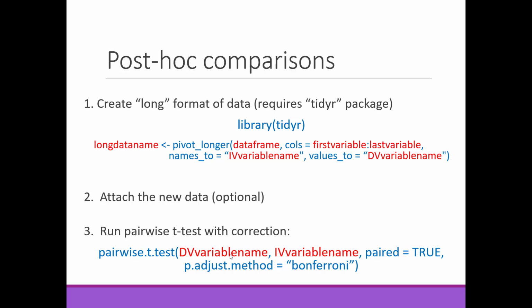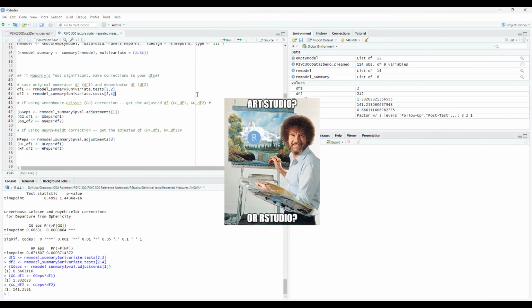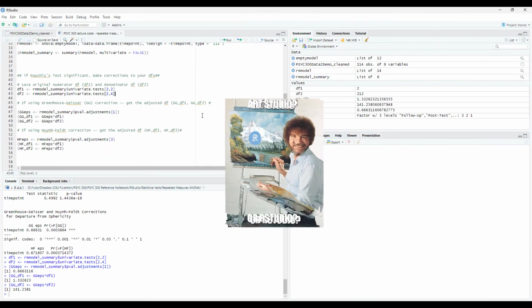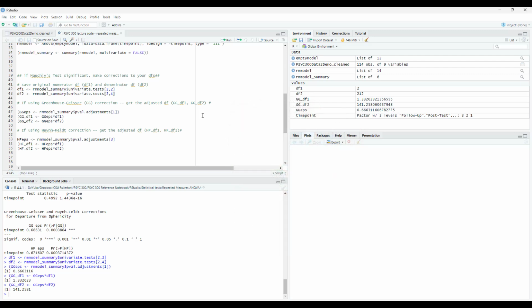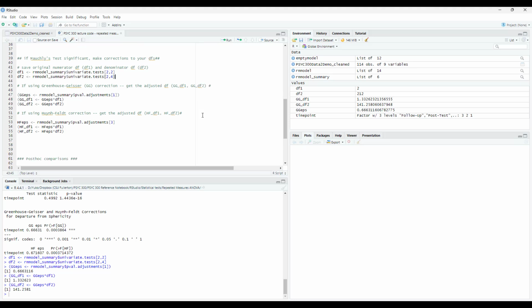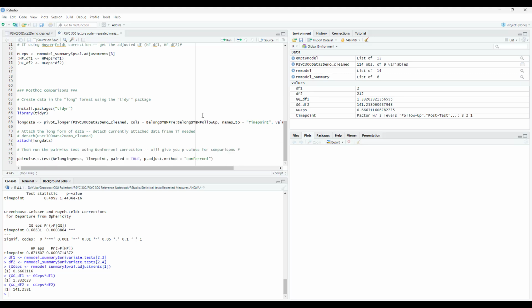And so let's meet over at RStudio and then take a look at how this works. All right, so welcome back to RStudio. When I think about the fact that this might be one of our last few times we're going to be in RStudio together, that kind of makes me a little weepy, but we're going to go strong and finish strong, right? All right, and so we have written down the post hoc comparisons code here for you.